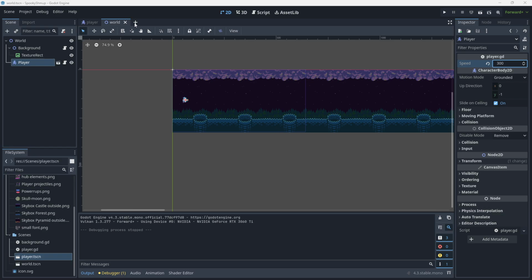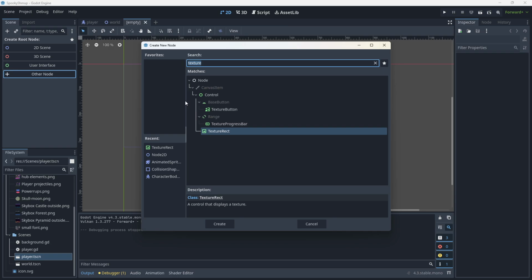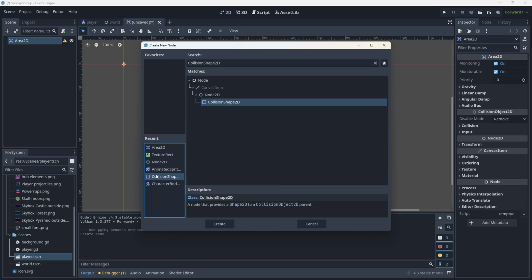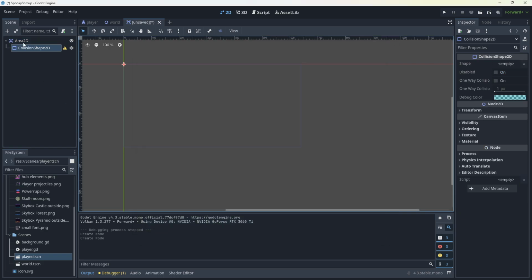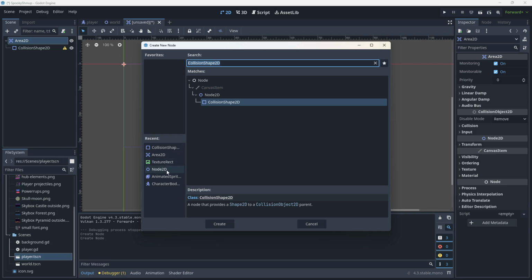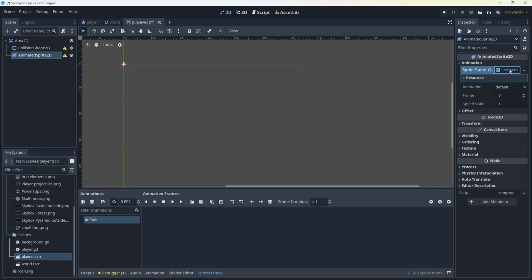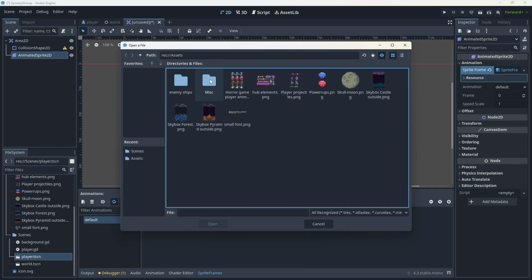Let's add a simple projectile. Go here, create an area node. The area node has a collision shape as a child. The area node also has an animated sprite as a child. For the animated sprite, add a new sprite frames, click this, and then